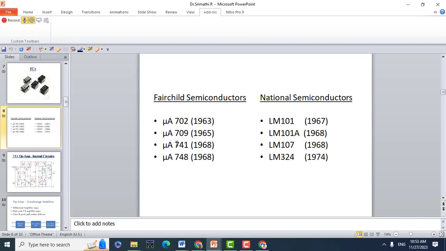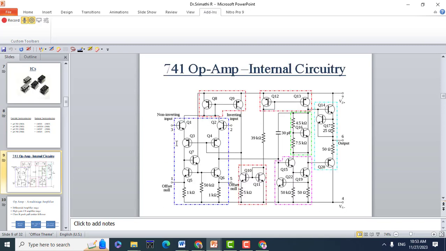Not only Fairchild, many different semiconductor companies made the 741. Okay, how will be the internal circuit of 741 operational amplifier? So you have this many number of transistors inside your operational amplifier. If you could see that, you have many BJTs, or transistors, inside your operational amplifier circuitry. Okay, so you have two inputs, namely inverting and non-inverting input, and one output,